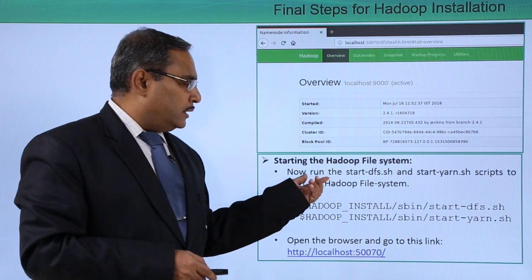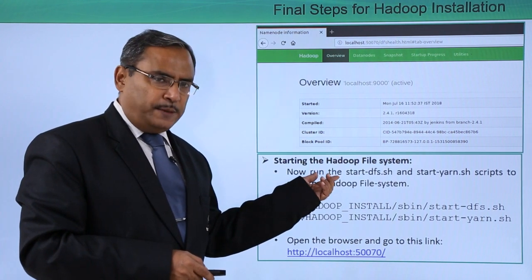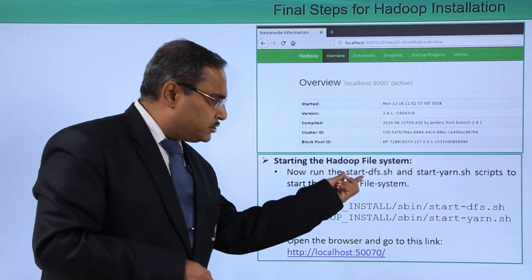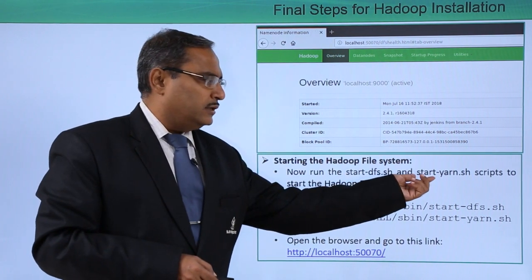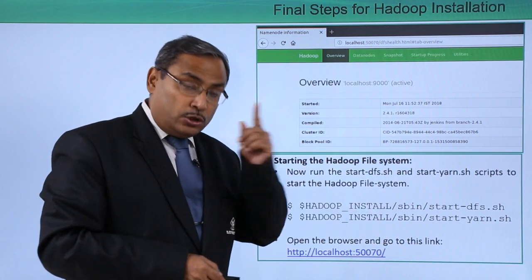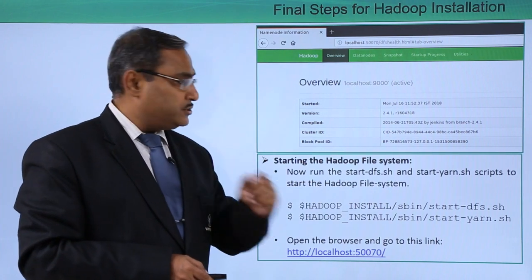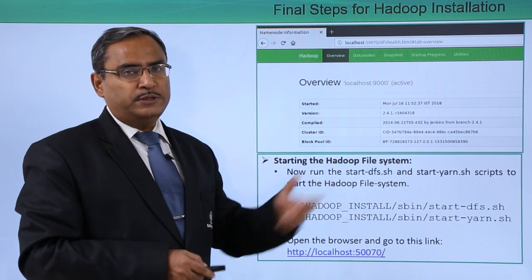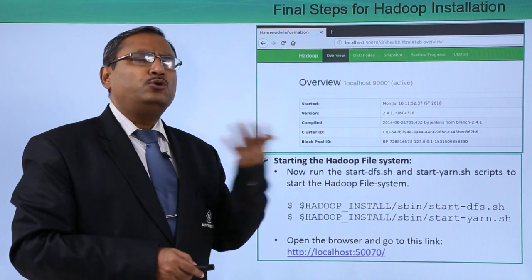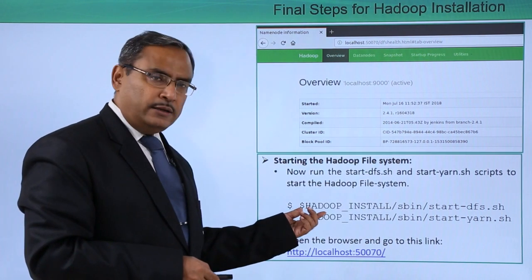Now run the two shell script files, two files are there. One is the start-dfs.sh and the other is the start-yarn.sh. Two shell script files are to be started. Scripts to start and the Hadoop file system will be started accordingly. So how to start them? Just issue this command, that is